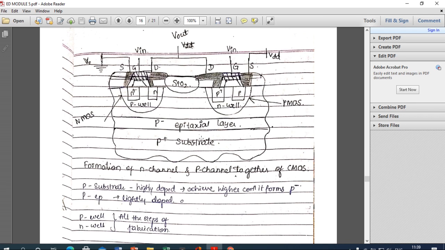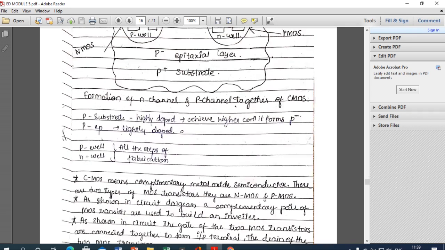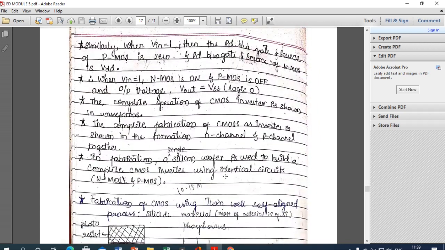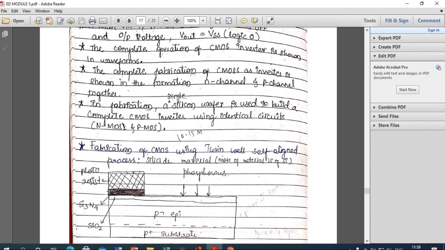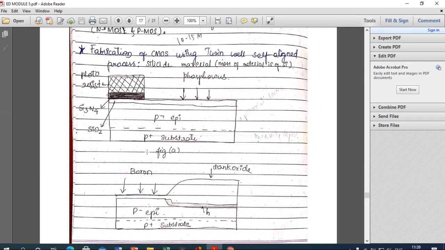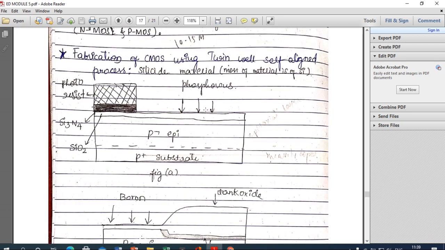Now in today's class, I am going to start with the same process but using a different technology. That is fabrication of CMOS using the twin well self-aligned process.